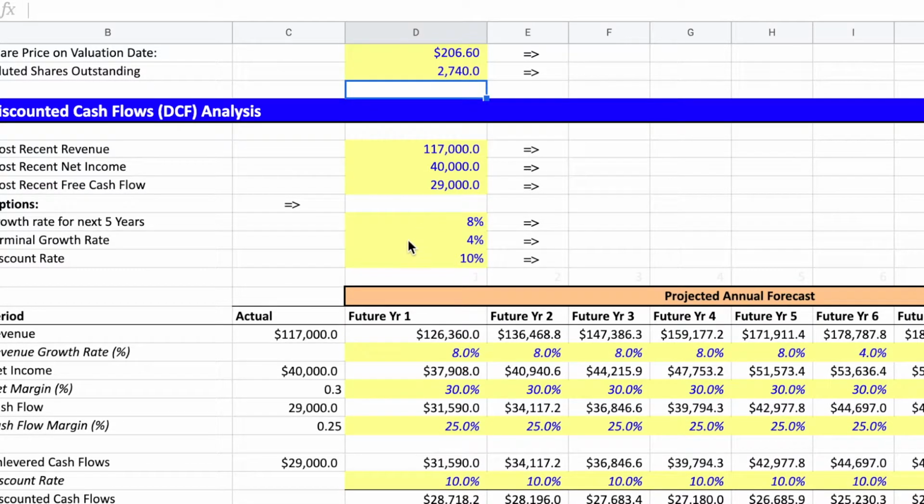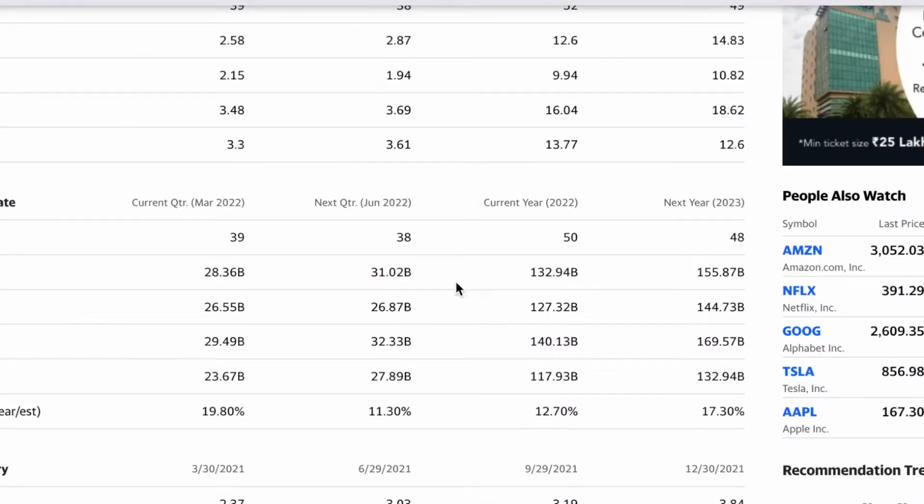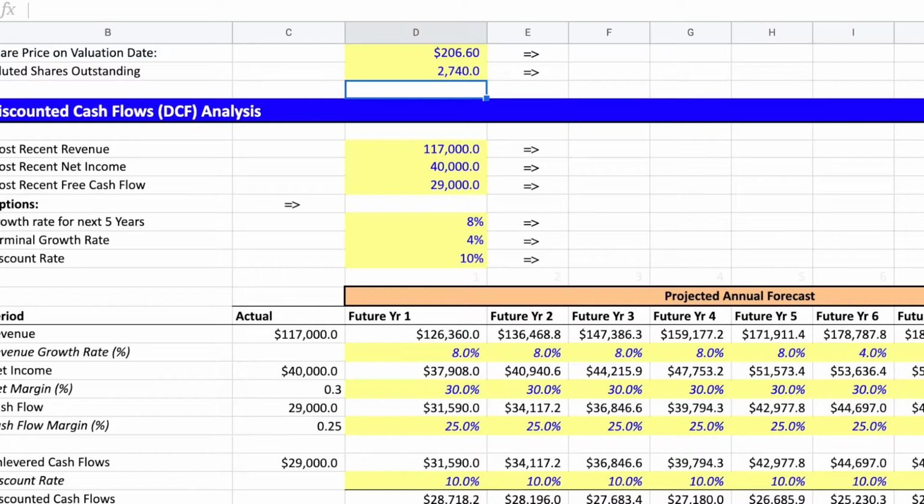So here are the growth rates. I'm going to take a few different growth rates to get an idea of in which scenario we would get good returns. So an 8% growth rate, which is lower than the analyst expectations. Analysts expect 12% growth in 2022 and then 17% in 2023. Now some of you may be asking, why would they grow if users are declining? To be completely honest, Facebook can't really grow their users anymore, because in some countries like China, social media is banned. So out of all the potential customers they could get, they already have 80%. So on that front, they can't grow their users anymore.